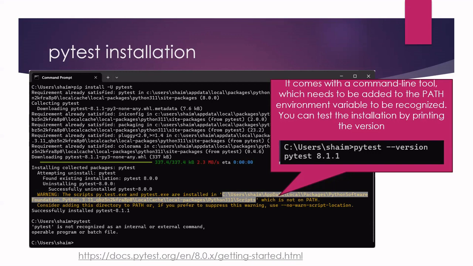If you see that it says successfully installed, but when you try to print the version or run the command nothing comes up, it means it is installed but it's not seen. There is a hint here that tells you to add this into the PATH environment, so that we can use the command line tool that's called